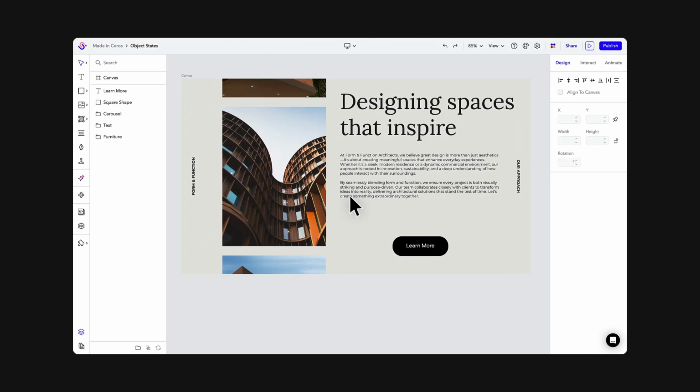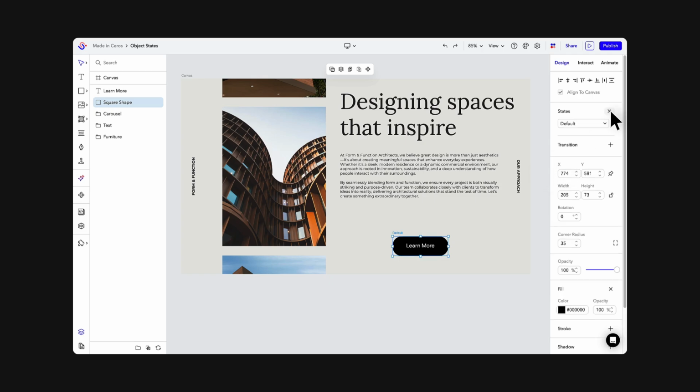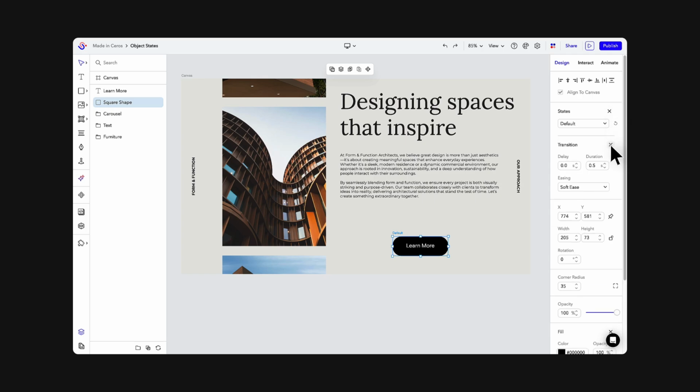To create an object state, start by selecting an asset on your canvas. In the Design tab, click the States button, which sets the default state. This is how the object will appear before any interaction. After setting the default state, you'll notice that there's a new transition section. Here you can set the delay, duration, and easing of the transition between your default state and any other states